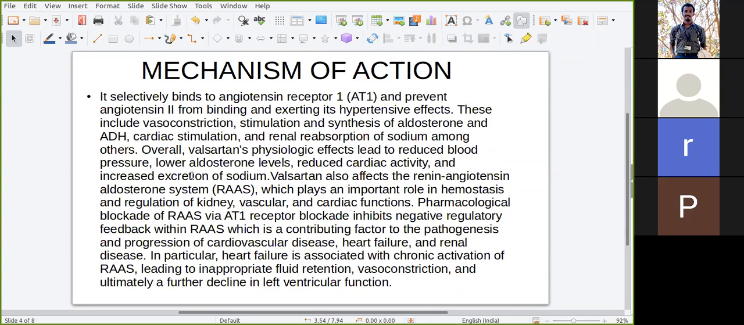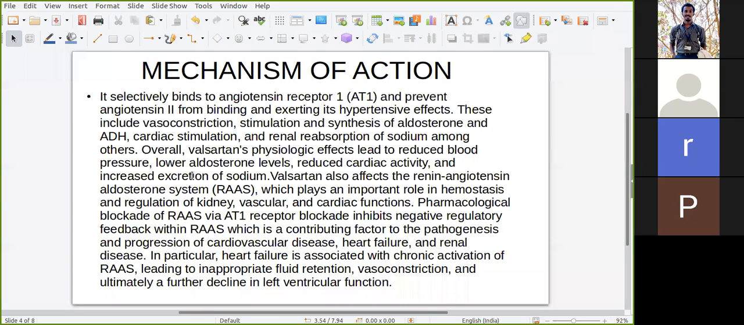So coming to the mechanism of action, it selectively binds to angiotensin receptor 1. As I told you, it's a blocker, so it will antagonize the action of angiotensin. It prevents angiotensin 2 from binding and exerting its hypertensive effects. Mostly, when angiotensin 2 binds to the angiotensin 1 receptor, what happens is that it will